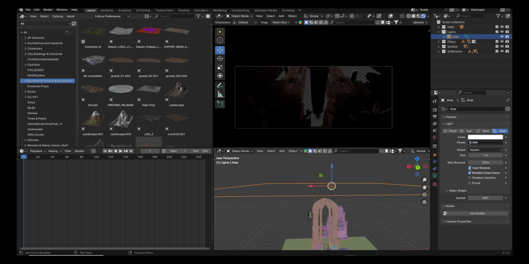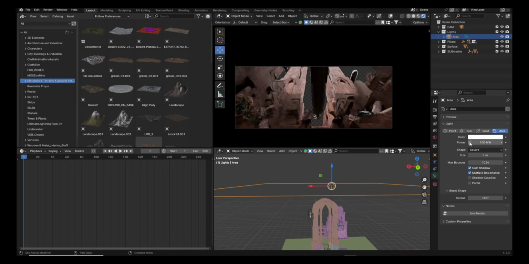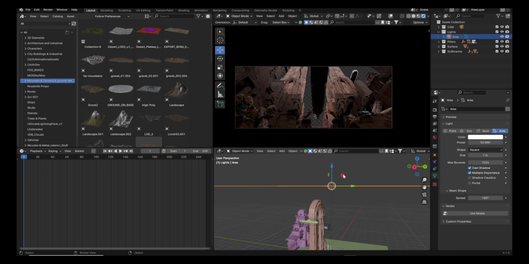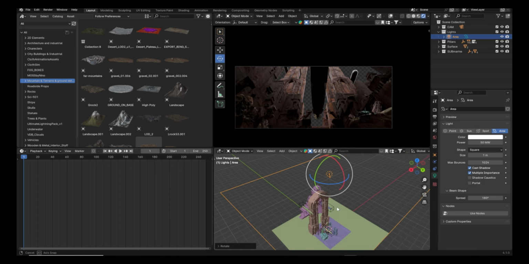I'll make it 15. Even that is too less. I'll make it 100. Okay, that is much better, but it's too bright. Let's make it 50. Okay, I think this is good. Let's give a slight rotation to the light. Okay,